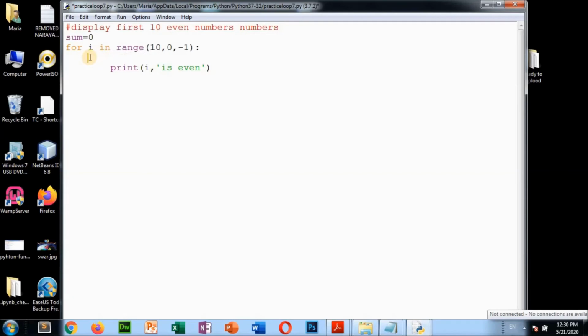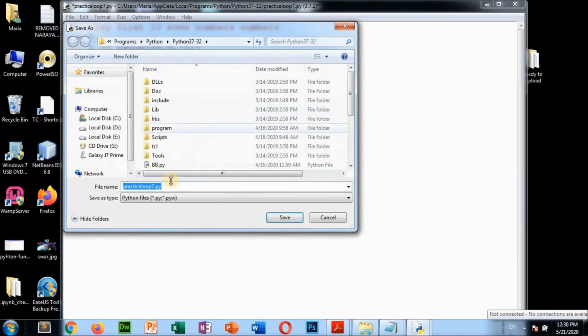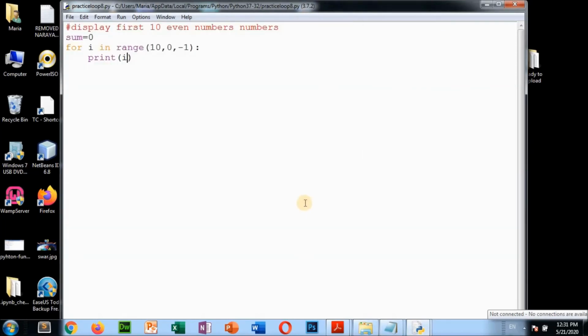Okay, so now here print I. File, save as, practice program 8, save.